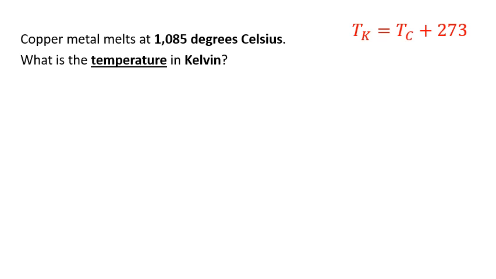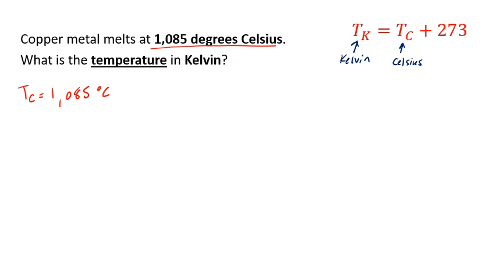So I have our formula up top and we can talk about it very briefly. This T sub K, that is Kelvin. T sub C is your temperature in Celsius. And then you just add 273. So these calculations are really straightforward. So if we line up our variables, we're given